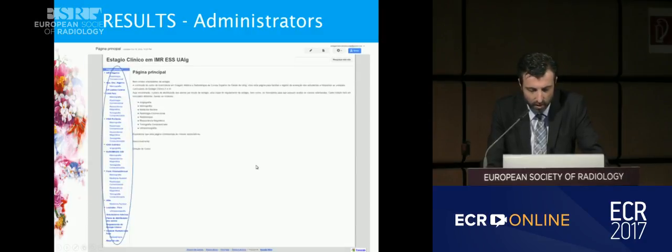So this is a print screen, it is in Portuguese. I'm sorry, we didn't make the translation, but you can see over here we have all of the local placements, from conventional X-ray to radiotherapy, and